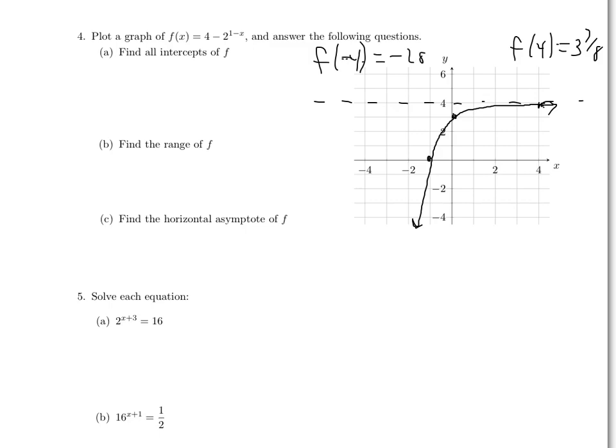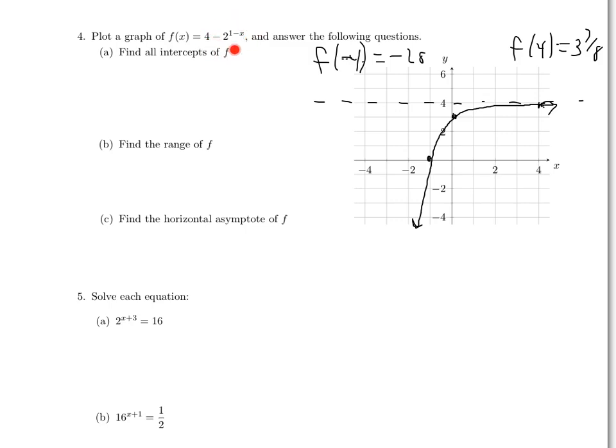So by just checking the output for the 2 x's that are the extremes of your picture, you can definitely get a feeling for in which direction you're approaching the asymptote and in which direction it's sailing off the screen. And so if you do a few of these, you'll know it's not a coincidence that your asymptote is basically, you can see it here. You can see that y equals 4 would be your asymptote